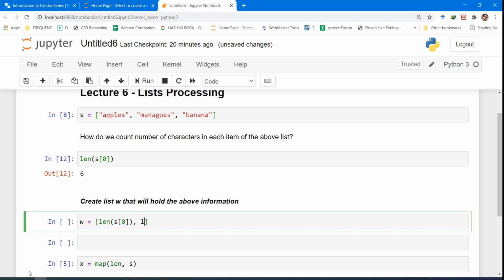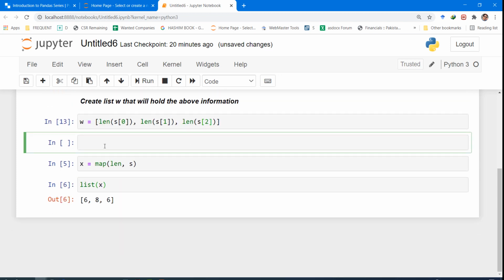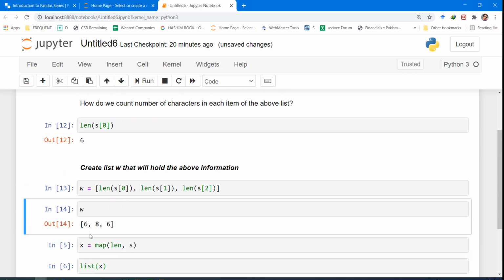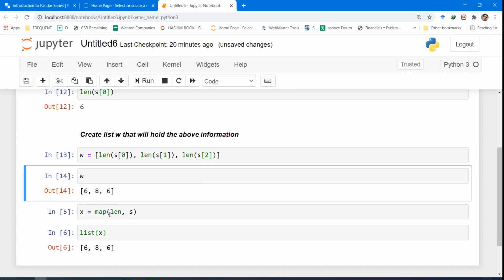Then we create the second item, len, slicing the second item, and then the count for the third item. So that will be len and S2. So we have created list W, and that now has the count of characters for each element of list S. The first item has 6 characters, the second 8, and the third one 6. Okay.